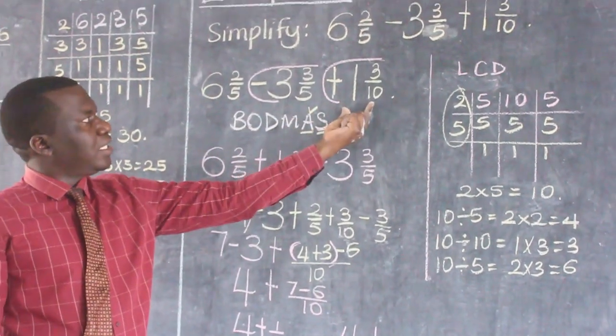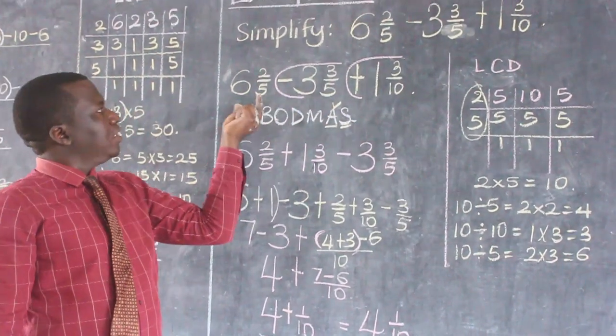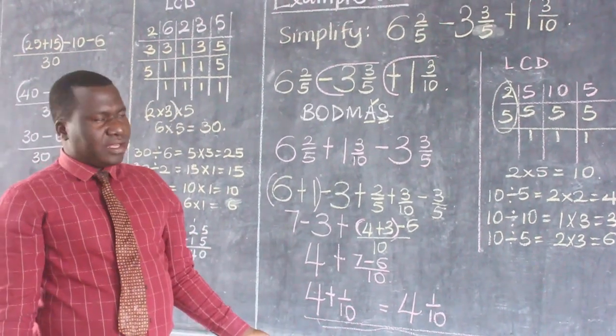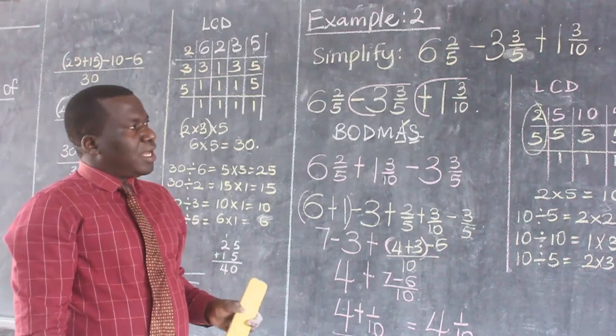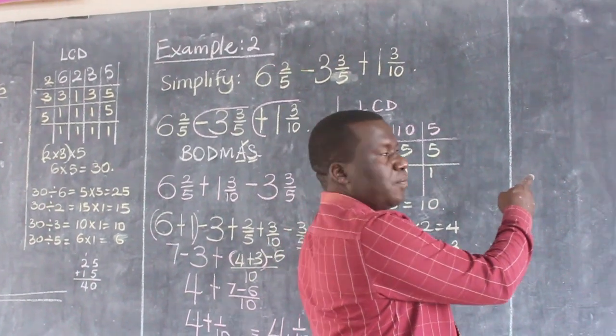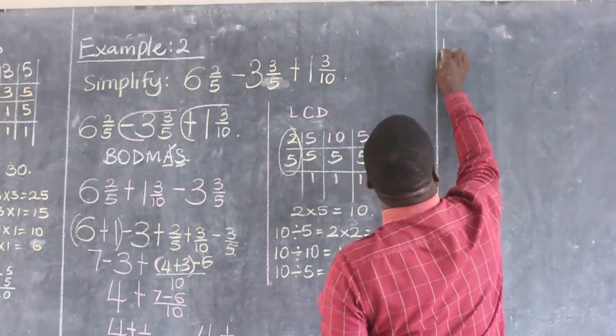You will bring this addition, this fraction added to this, then last this, and proceed with your working. Okay? In our example 3,